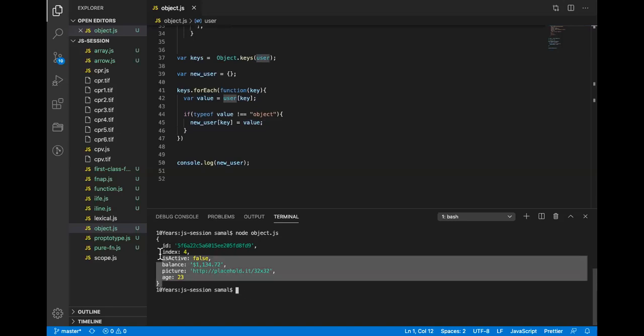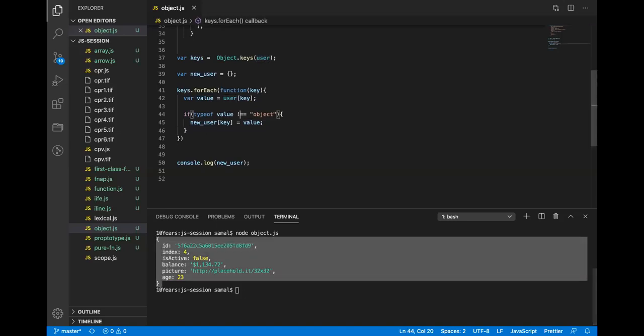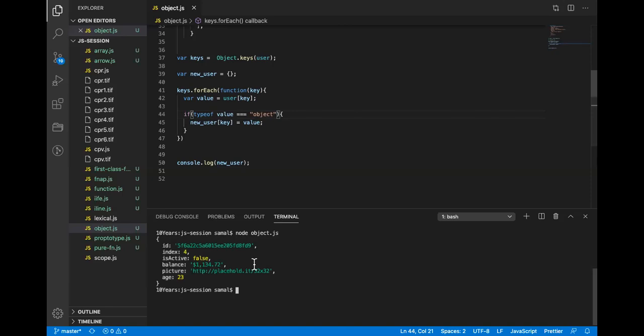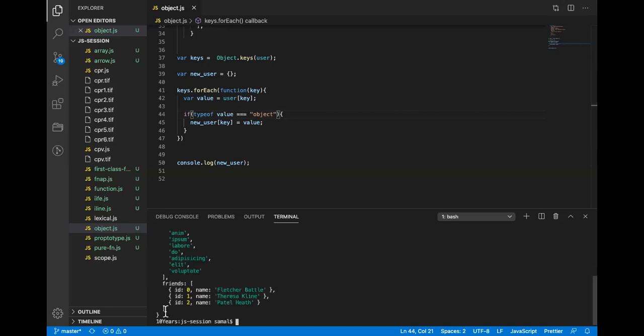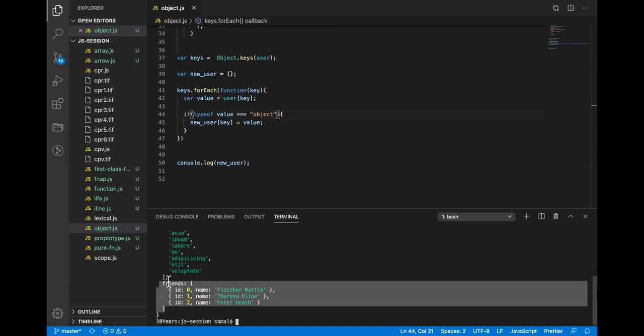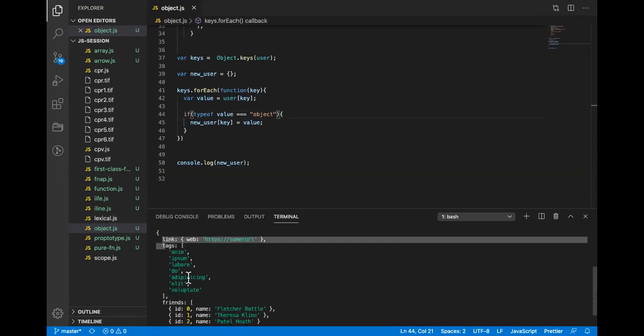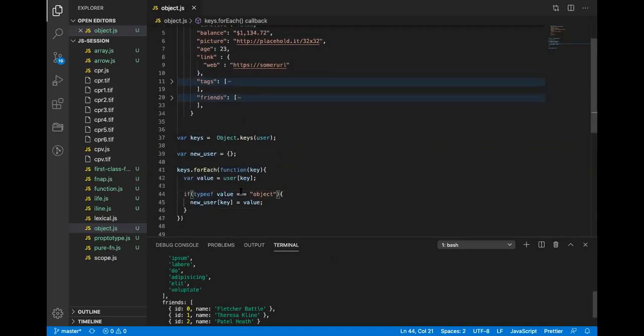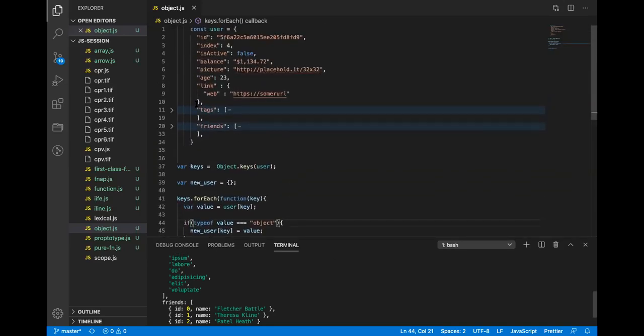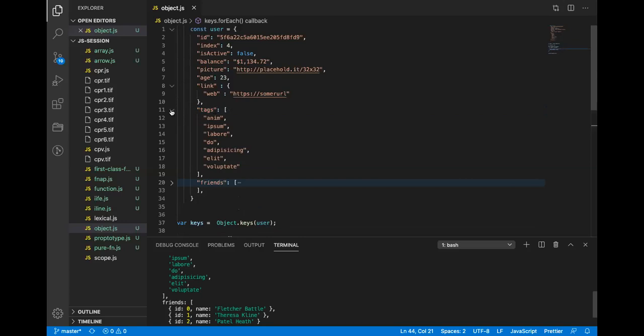You will see it filtered out the values, or possibly I'll do the reverse. It added the array as well as an object. Now tell me, why did it add an array? I just checked typeof value not equal to object, but why did it add this array?